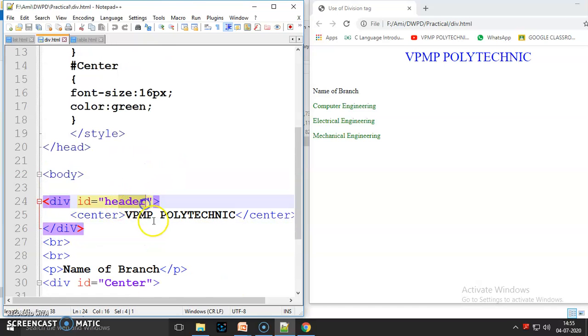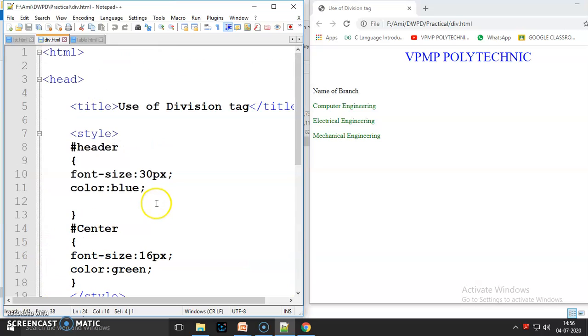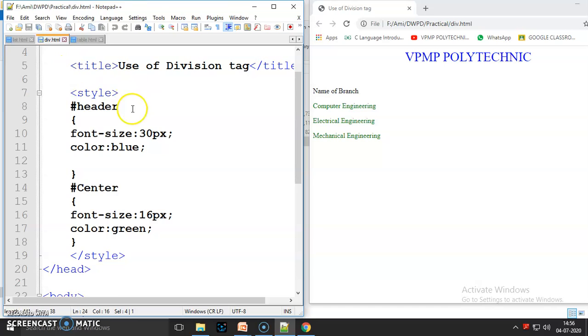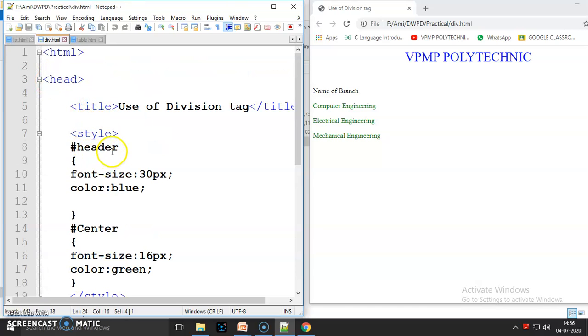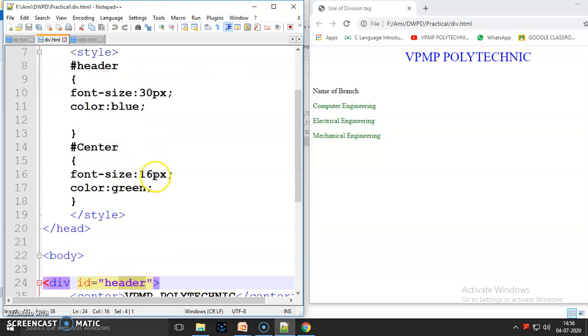Now this ID header is declared in the style tag. Style is used in the head part, between head and /head. Between style and /style, I write the ID header with a hash sign. Header contains two properties: font size and color. Here the color of VPMP Polytechnic is blue, so I write color: blue.